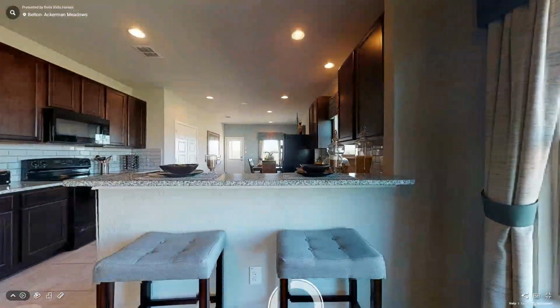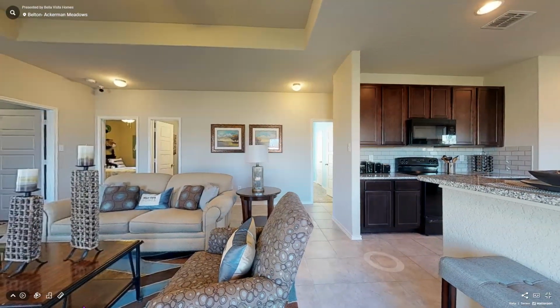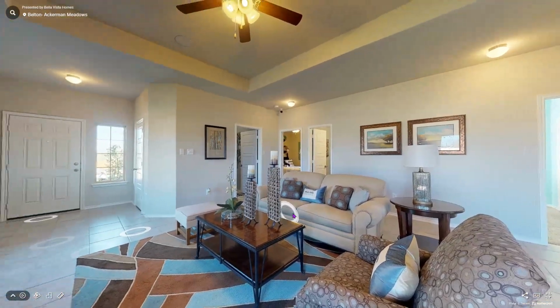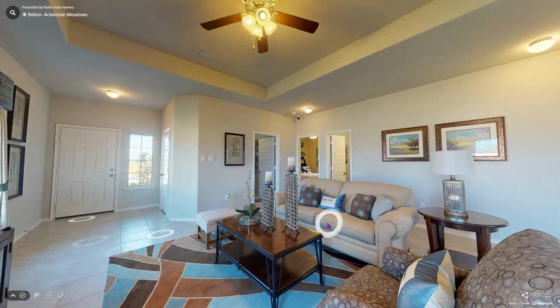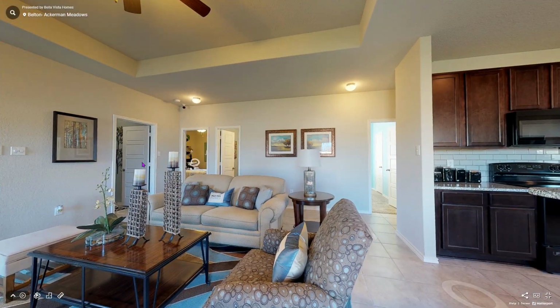I'm going to walk over here to the kitchen side and let you see it has a great bar. And then I'll just do a little turnaround here so you can kind of see when you turn around. Right there is the front door I came in. And then there's a closet right here off the front door to store, for easy, like coats, anything you want to store, kids' book bags, anything like that as they come in. And then as you're going to turn this way, we'll get to these other bedrooms and other rooms and let